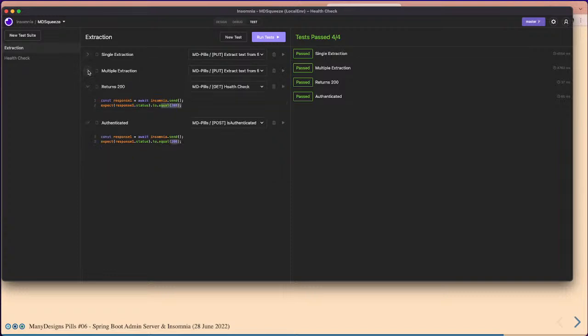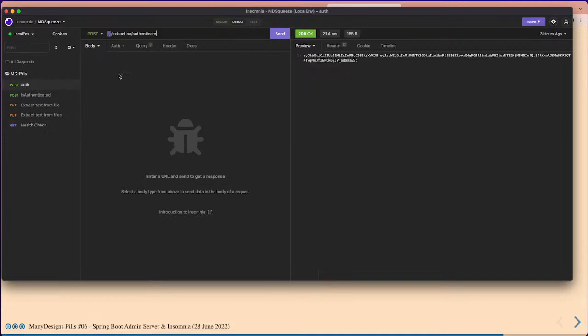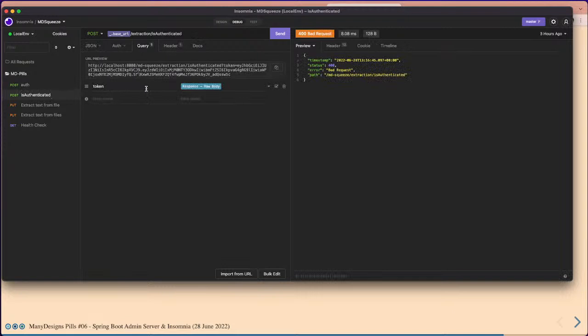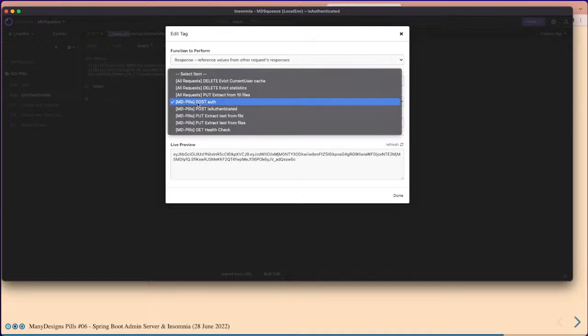Let's go to another functionality that I don't remember if it exists in Postman. Going to our debug session is authenticated. I have here an authentication method. It's simply a username, password. It returns me a JSON web token. And here in is authenticated, I can use actually this endpoint result. So I choose my endpoint,